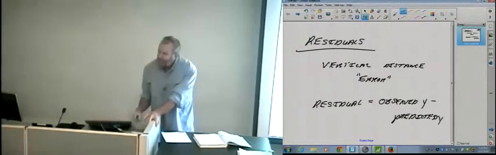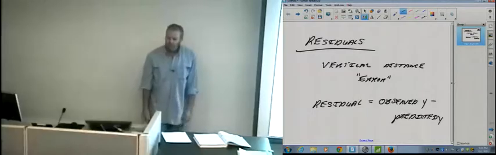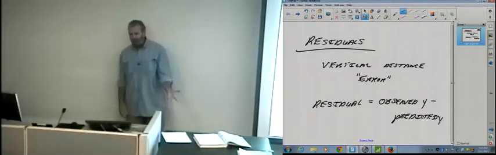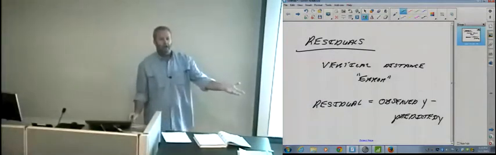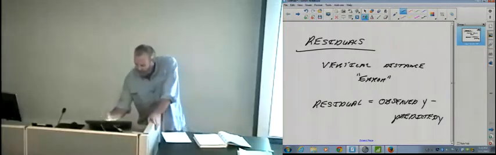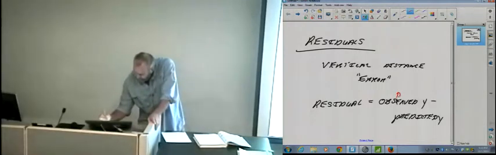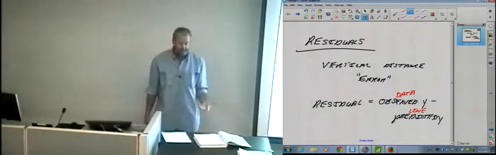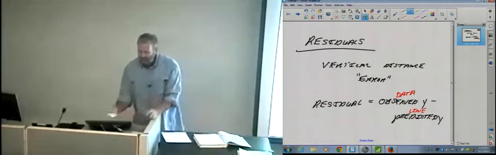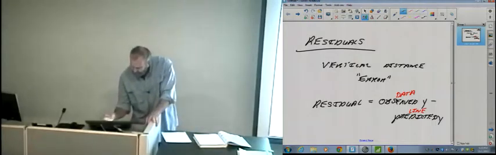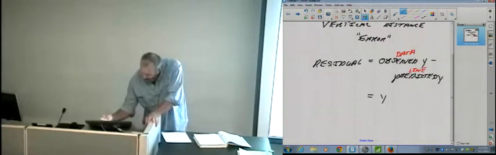Now look, if you back up a page in your notes, you've got that same formula, the observed y minus the predicted, and I called it an error. Remember, this is from the data, and this is from your least squares regression line. That's what the line does. It predicts y's. Without all the words, it's always y minus